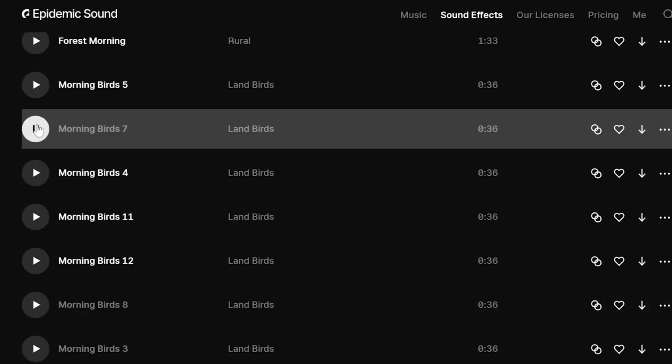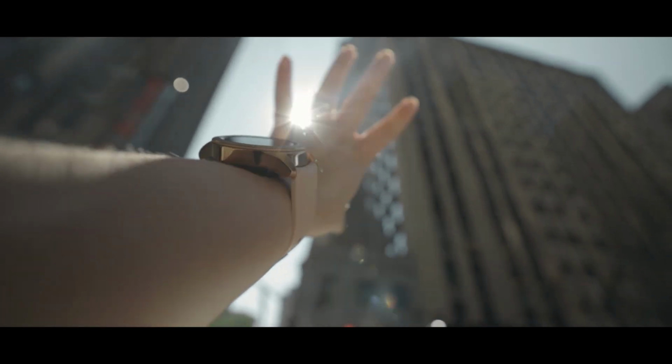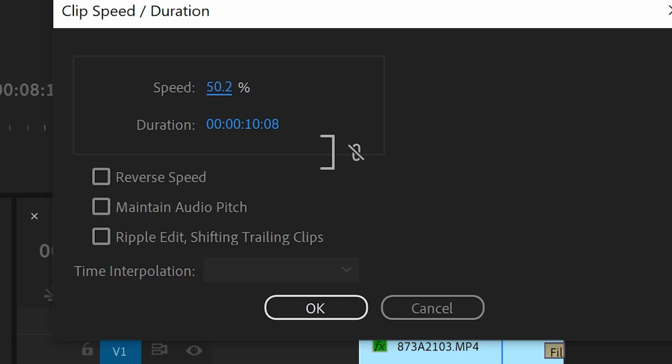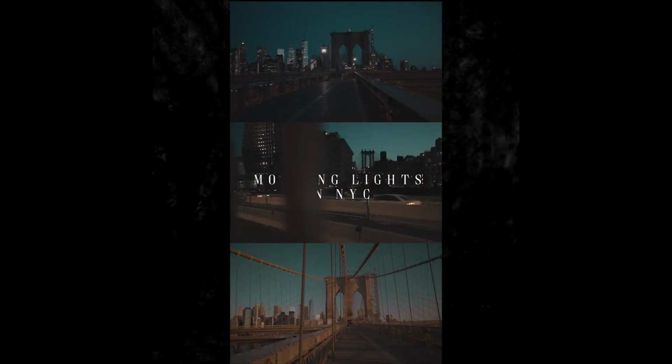If it's a sunny day, you can also add some birds chirping, even if there are no birds chirping at all in the scene that you shot, but that will help the viewer to feel the moment. If it's a slow motion scene that you're working on, slow down the speed of your sound effects so you can have a more dreamy atmosphere.